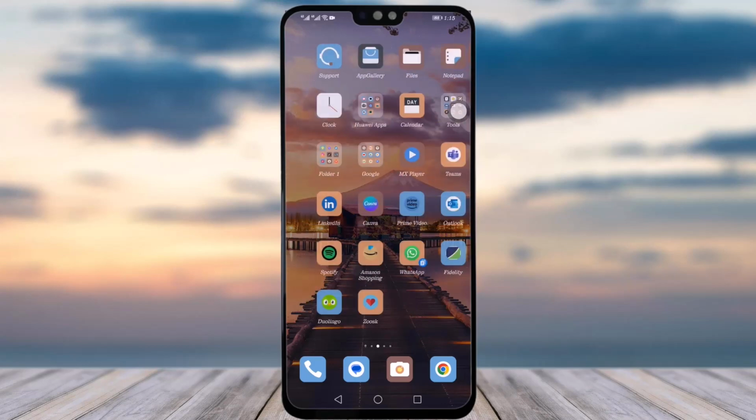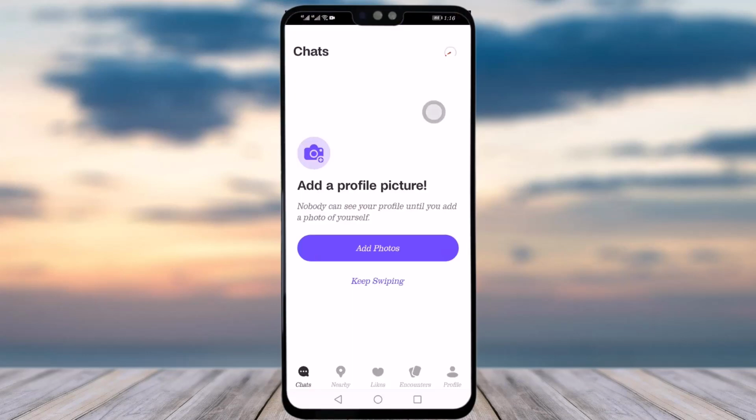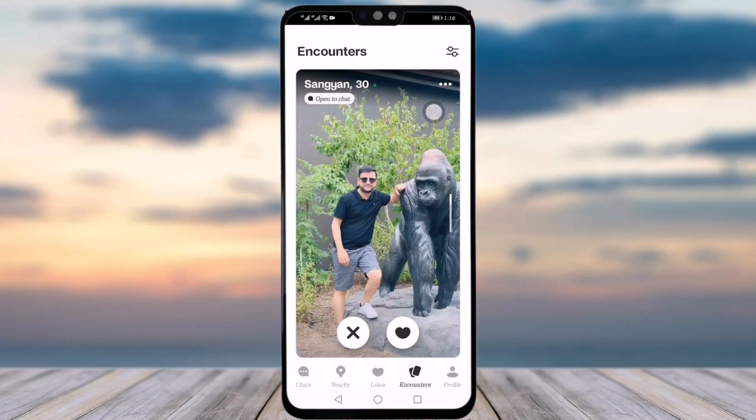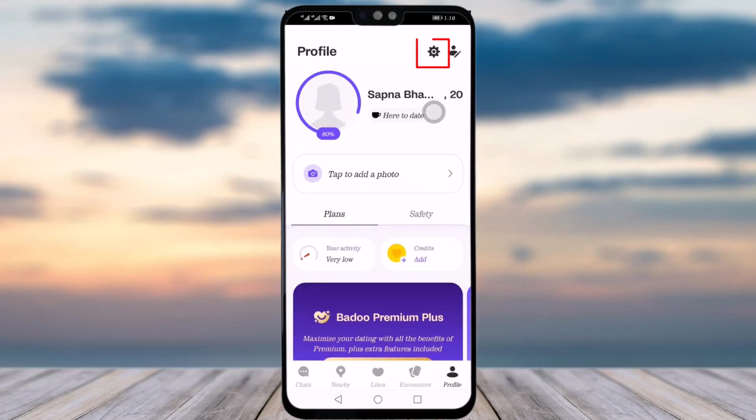So what you will do is you will simply go to your Badoo app, simply tap on the app, and as you can see, once your app is open, you will see this particular interface open up. Here you will simply tap on this profile icon below red corner, tap on that icon and this interface will open up. Then you will simply tap on this option called settings, simply tap on it, and here you can